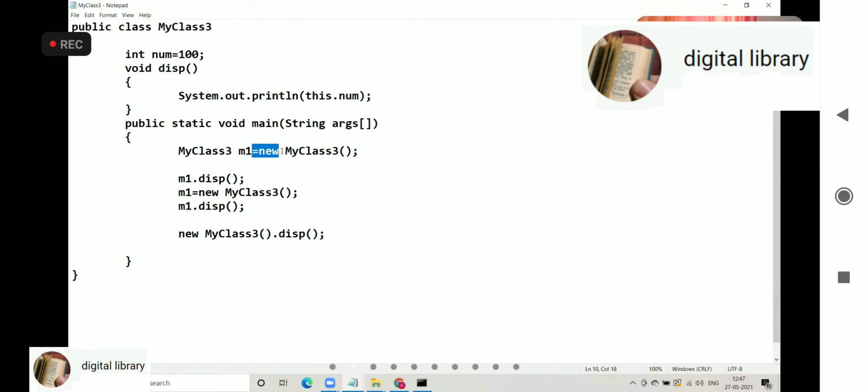A named object is the object which has got a reference, and an anonymous object does not have any reference. Sir, a named object can be used throughout the program while the anonymous cannot. Throughout main, yes. So which one should we go for, a named object or an anonymous object? Depending upon the requirement. Both have pros and cons.